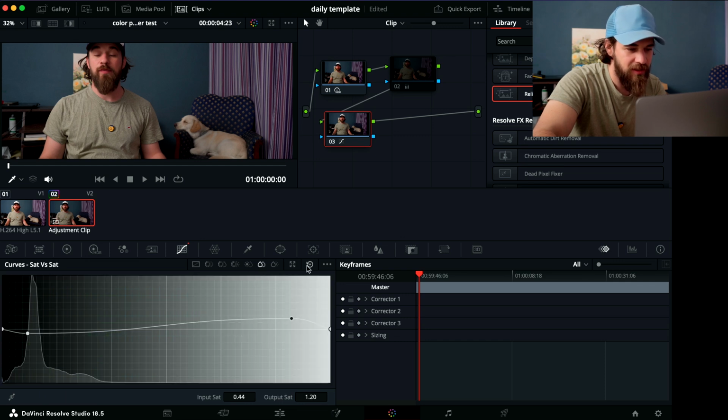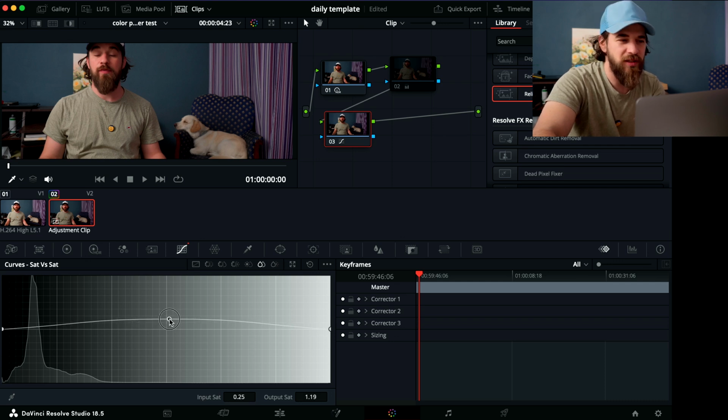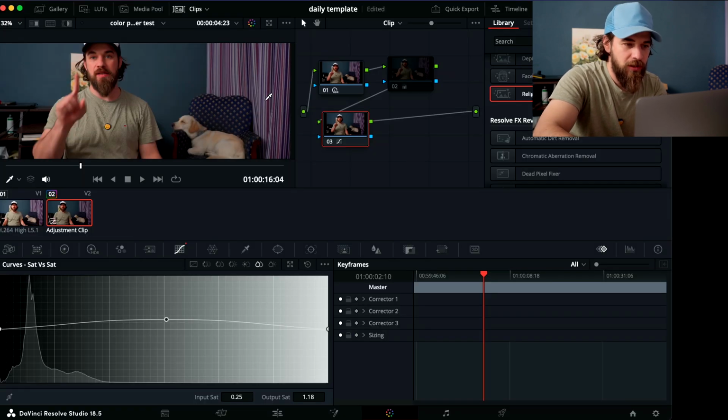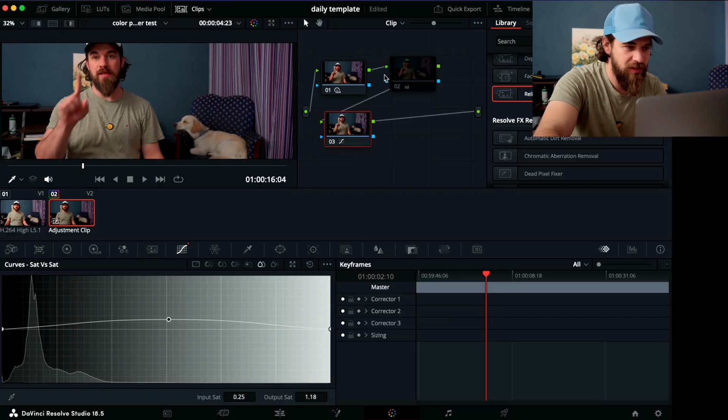Let's restart. And you can do a simple curve just in the middle and add saturation in the midtones. That's usually where the saturation is, and the most saturation. And you can see before and after, before and after. Let's find a more beautiful frame so you can see my beautiful eye colors. Okay, right here. So before, after, and we have with this, it's gonna be